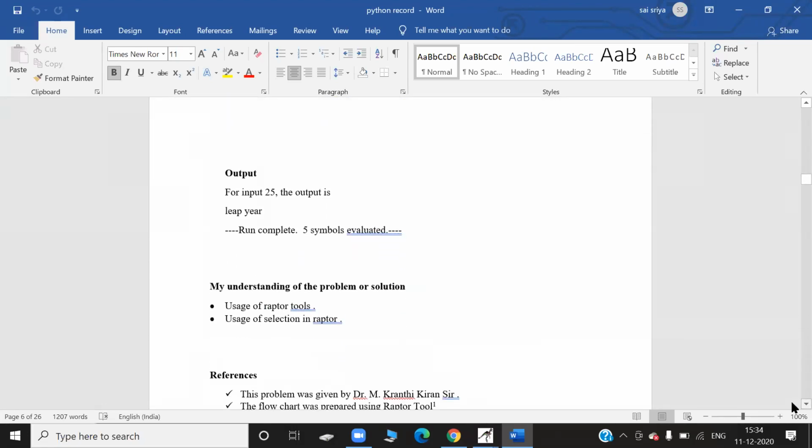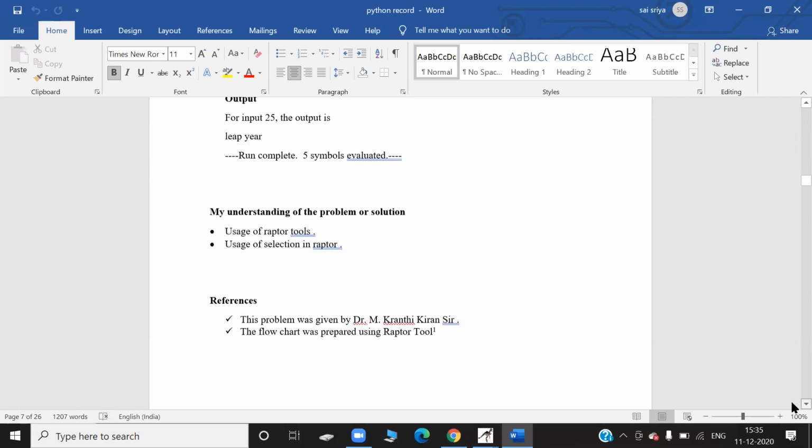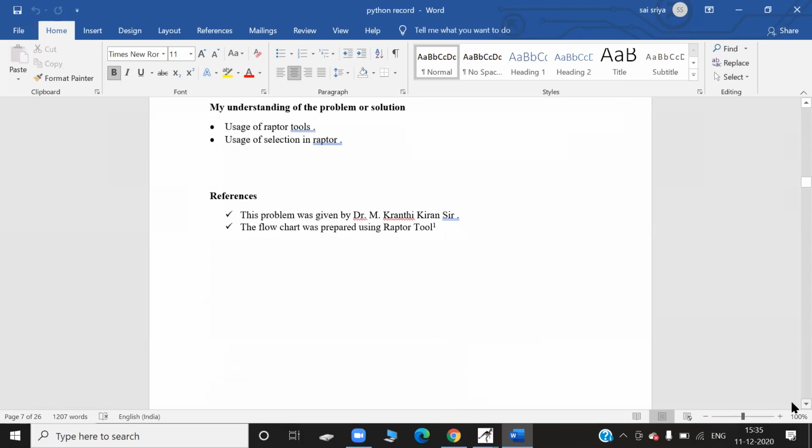So she has written the output which is there in the console. That output she has pasted, and she has written my understanding is using the Raptor tool. And Shreya, you also understood how you write the decision making in a very perfect way, right? Yes, sir. That should also be included. Okay, sir. That's why I'm telling, whatever you learned from this problem, you need to include that. Okay, right. So references, anyway, you have given that flowchart is prepared. Yes. So enough, Shreya. This is the example I want to give to the people who have just come here, new people.